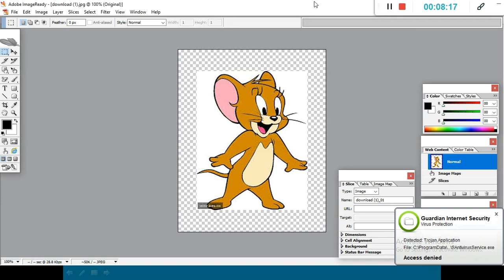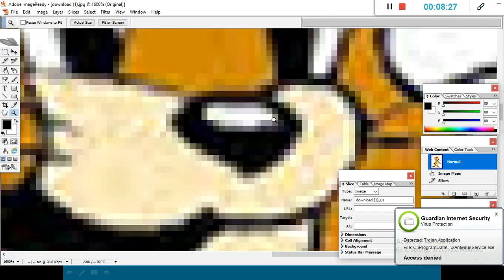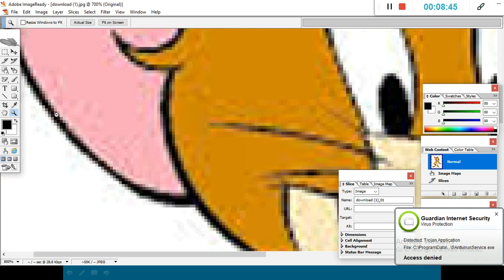Now using the Photoshop tools, how can we use the tools? Like I select the Zoom tool from there. If I want to zoom any part, then I can select and click that part. I simply click on the nose and it appears like that. Now I want to reduce the size of this. Again go to Zoom, press the Zoom button, and side by side drag the zoom and press the Alt button.